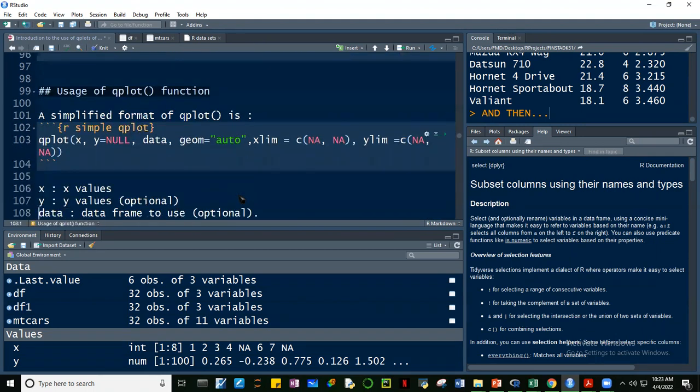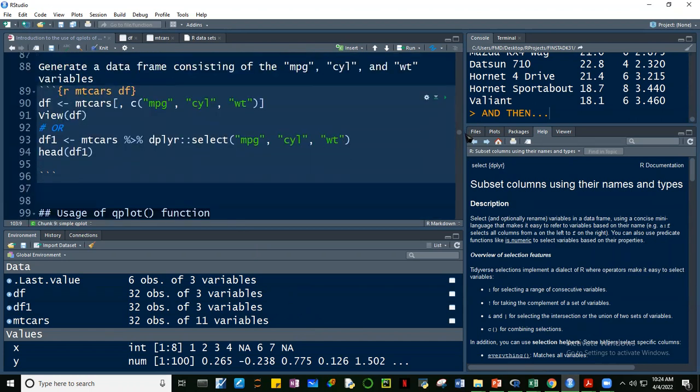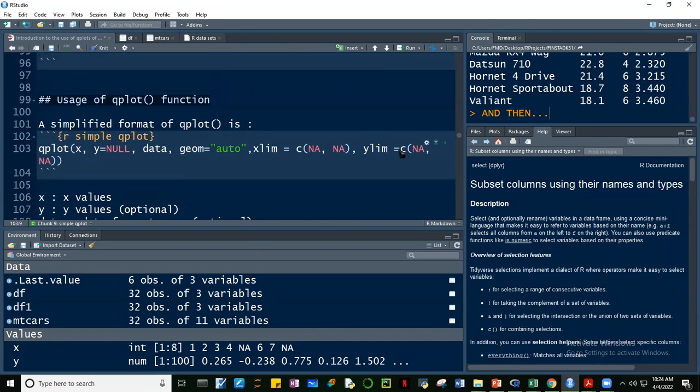Let's now learn how to make a Qplot. Okay, so let's start with a simple Qplot, quick plot. Okay, the function is Qplot, guys. Okay, ano ba itong X? Na-identify na natin X kanina dito, no? Okay, good. I think may insert ako isang X. Wait guys, ha? So yung X natin, may NA siya, di ba? Yung Y is equal to null, ibig sabihin walang Y, no? X lang tayo. Data natin is equal to